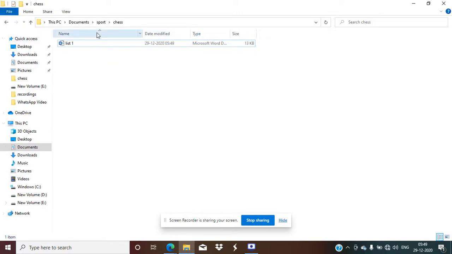Now if you want to go back to the sport folder, sorry, the sport folder, not the chess folder, click on this sport here. It will let you be in another folder. Suppose you want to prepare a file in cricket also. You can double click on the cricket folder, right click,